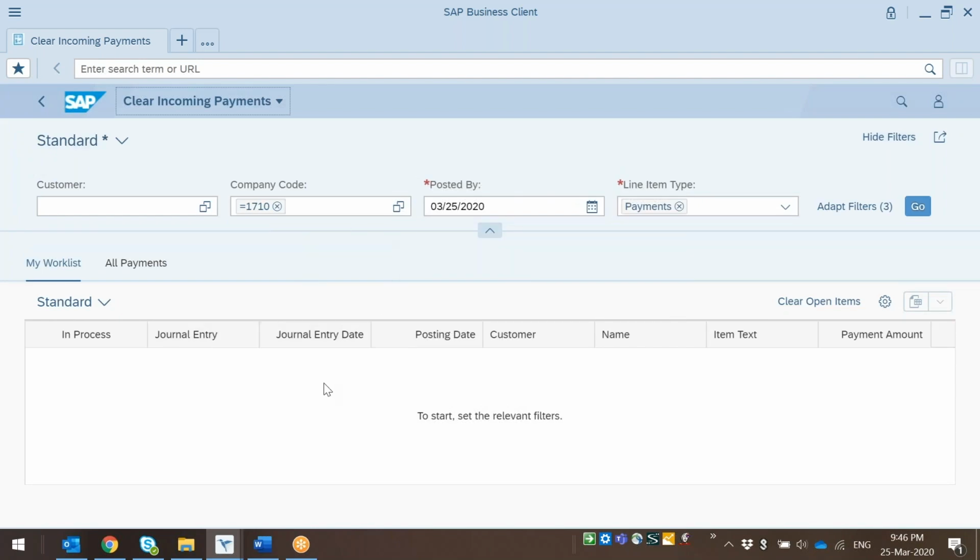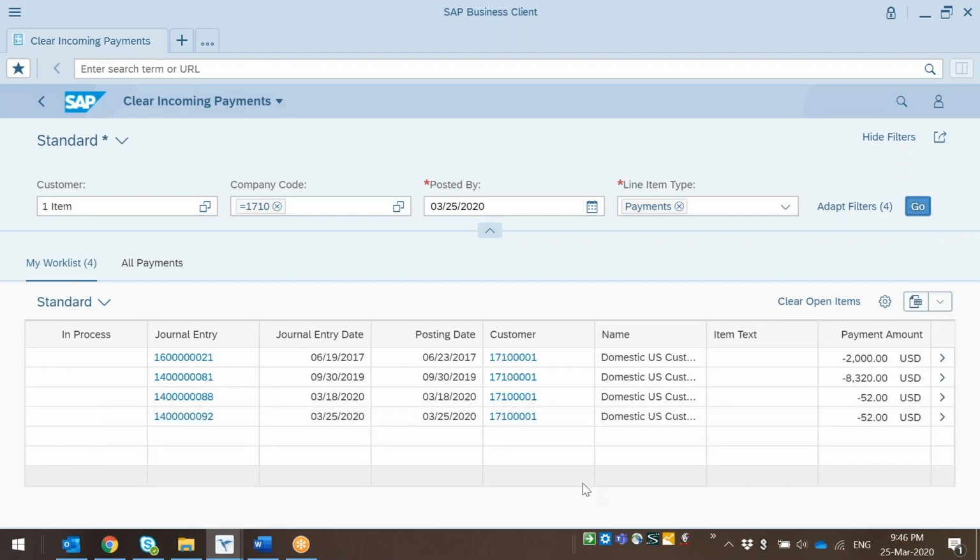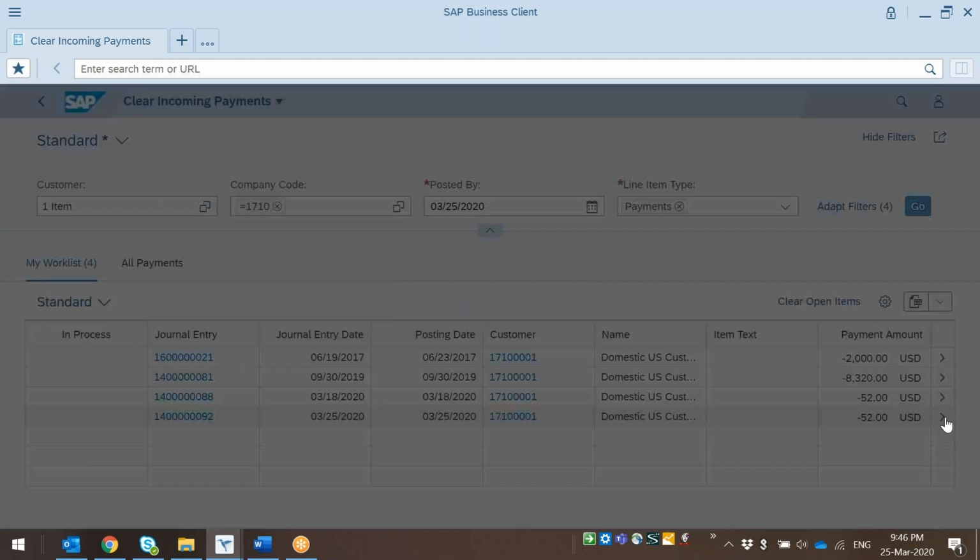So you see that it will be important actually to tweak these tiles properly and then apply them correctly so it doesn't confuse the user. So I'm going to find this unapplied payment that I just made 2 minutes ago. I will find the $52 I did. So if I click on this arrow here,